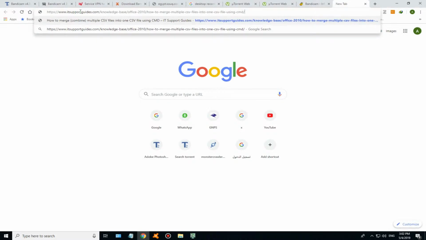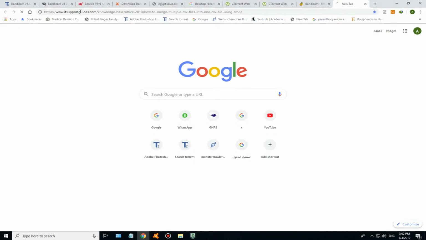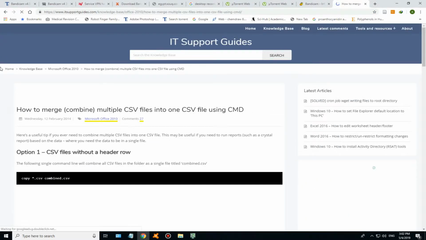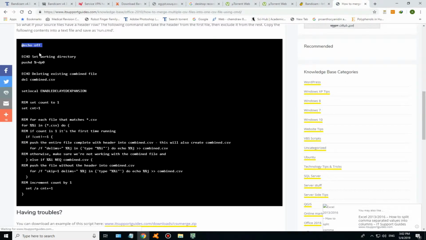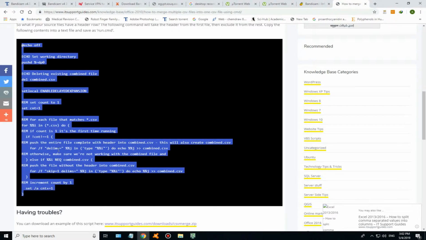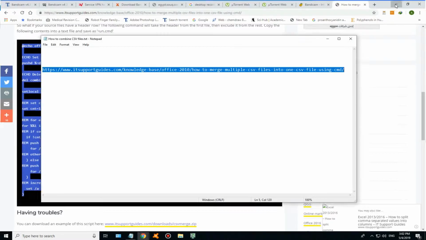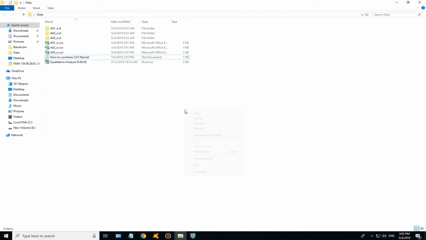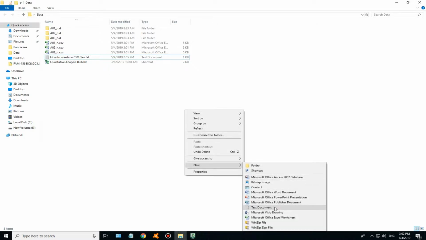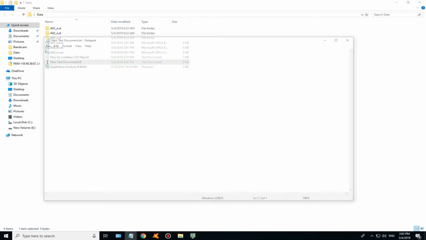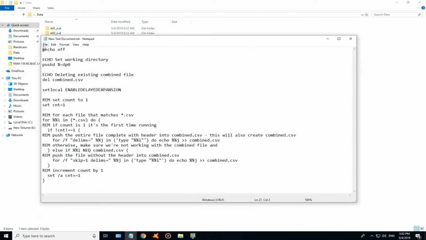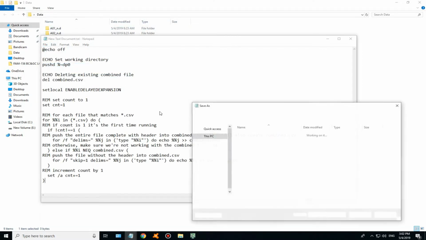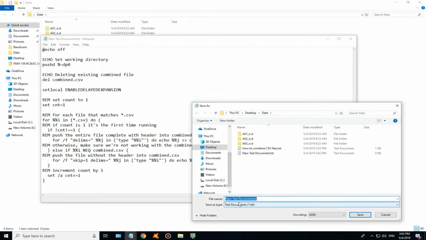Now I go to my browser and paste the link, and here I go to this part and take the script as copy and paste. Copy. Then I paste this script into a text file. I open a new text file and paste the script, and here I will save the file as the following format. I will save it as